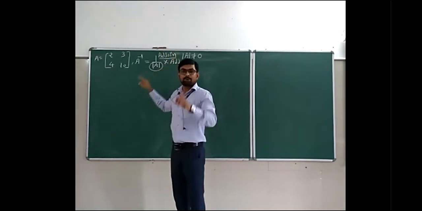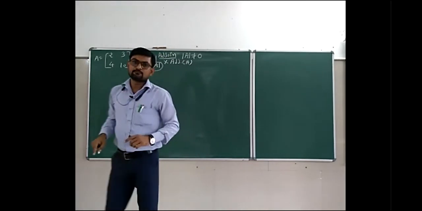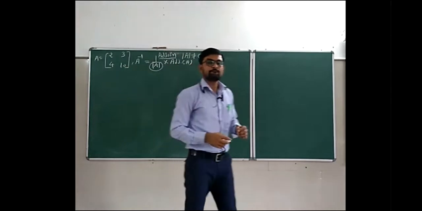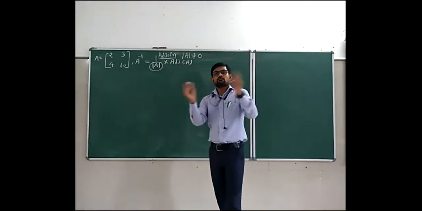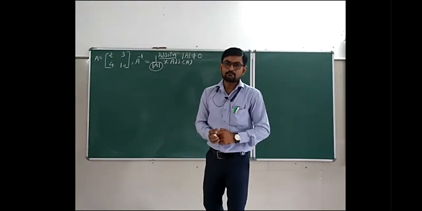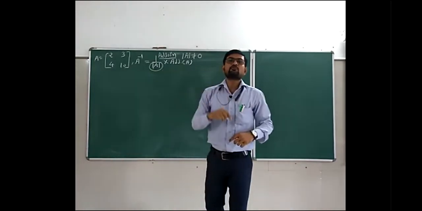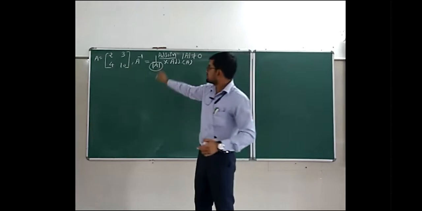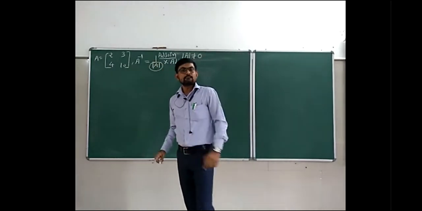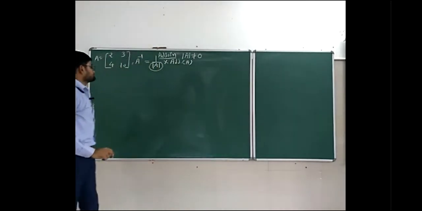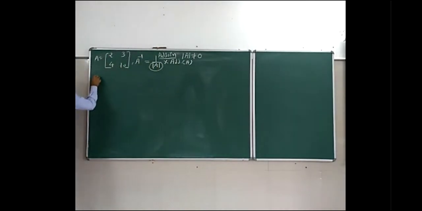So this is the one condition for the inverse matrix. Sometimes you are asked in an exam, as a short question, to write down the condition of the inverse matrix. So we have only one condition, that is, the determinant of A should not be 0. If it is 0, we cannot find the inverse of any matrix. Clear? Okay. So let's start.